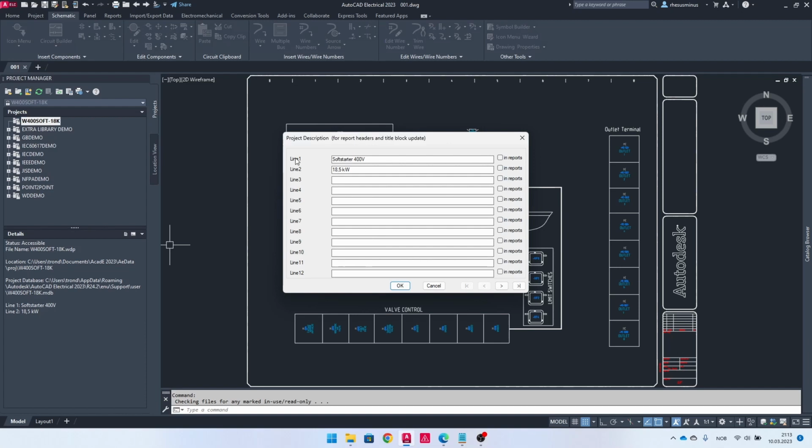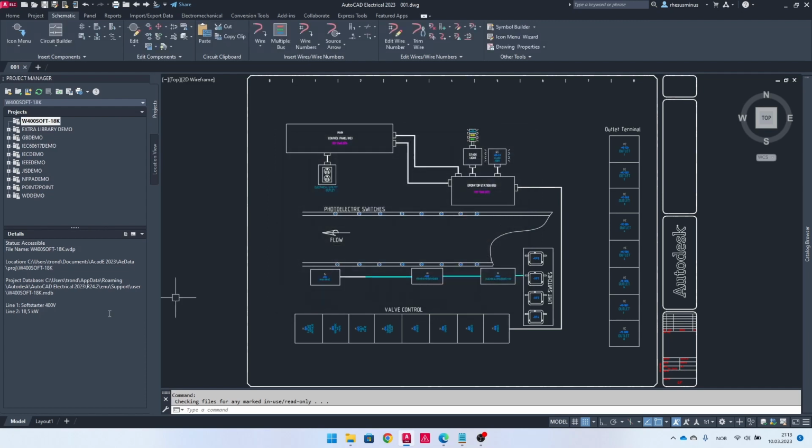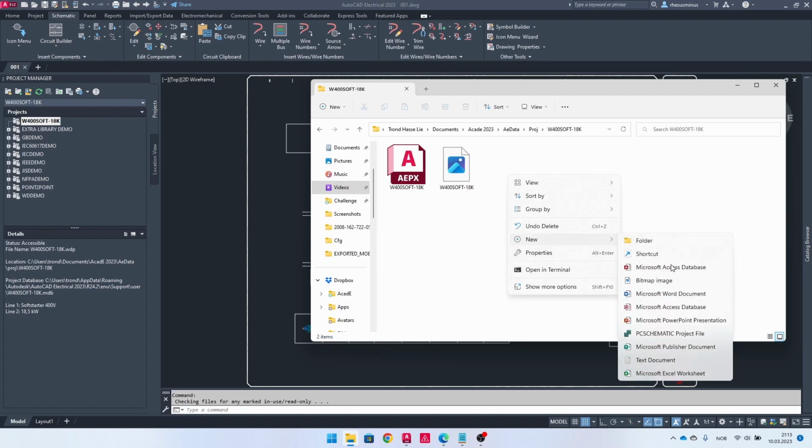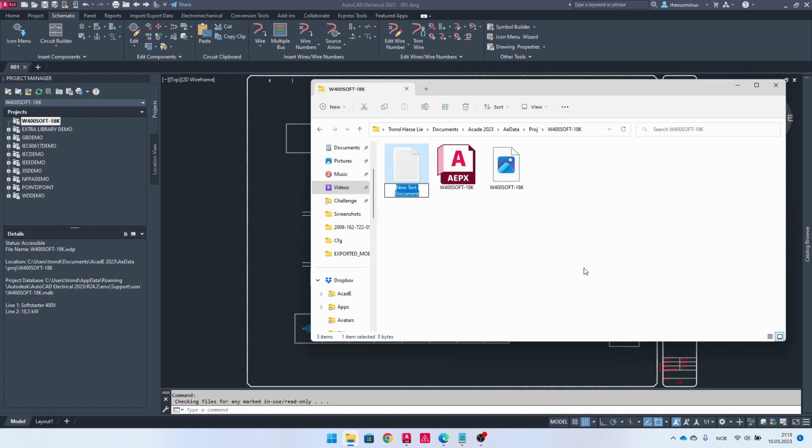If I want to, I can of course change these lines to whatever I think I will do it in this case. So I will just go to this folder here. So let's see if we can find that in Windows Explorer. Here it is. And to change these lines, I just need to add a new file, a new text file, and that file should be named preferably the project name, like this,